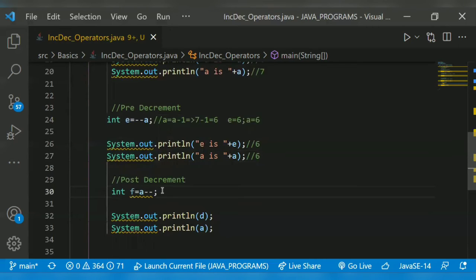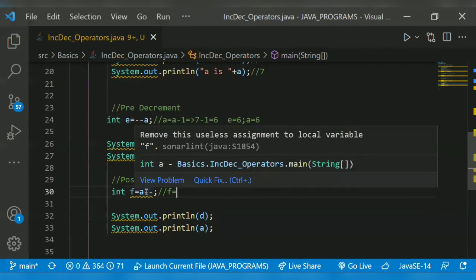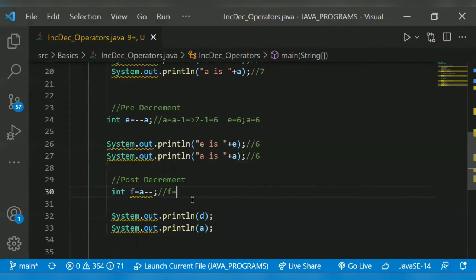Now f is equal to a--. Now the a value is 6, right? So f is equal to 6. Then a is equal to a minus 1. So 6 minus 1, which is 5. So here a is equal to 5 and f is equal to 6.